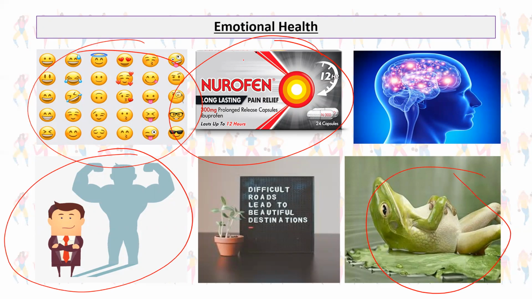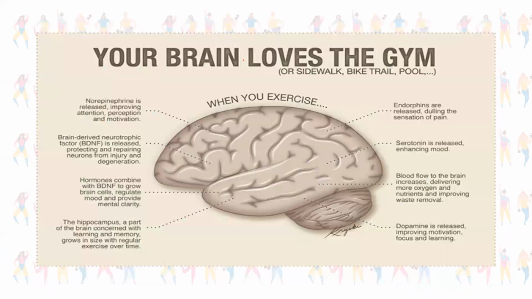You don't necessarily need to go into a huge amount of detail on it, but it just shows you that this emotional side of things is all to do with your feelings and how you're feeling about things. It's not so much to do with thought process and thinking and those cognitive skills that you might develop with the mental side of things. This is very much about your inner self and your feelings. Again, lots of different things to comment on here. Just make sure you've got each of those down.